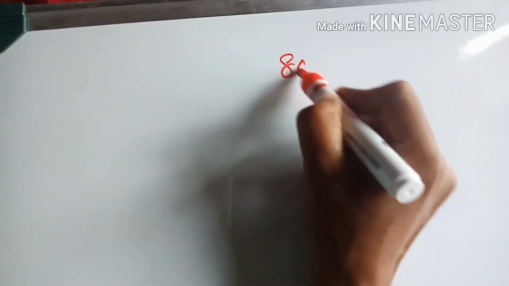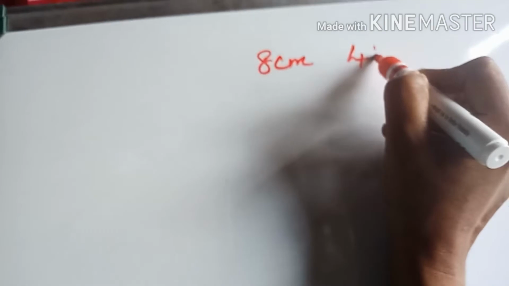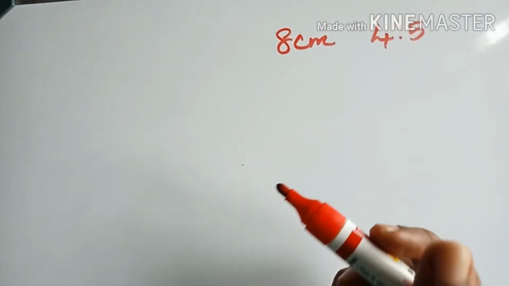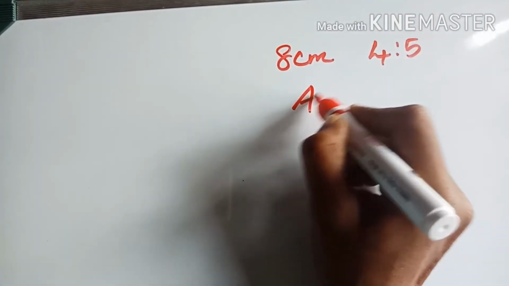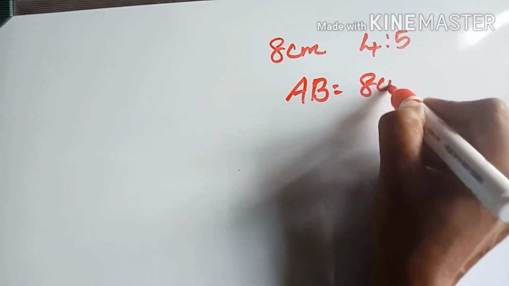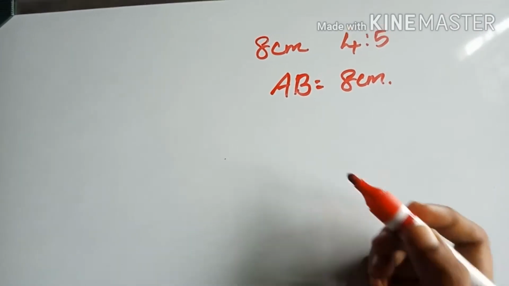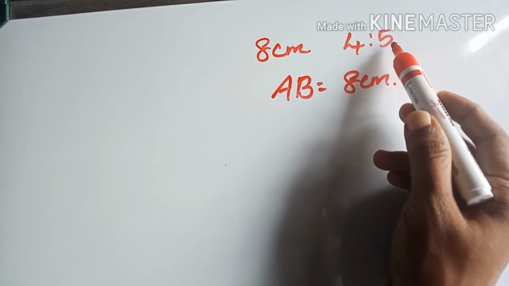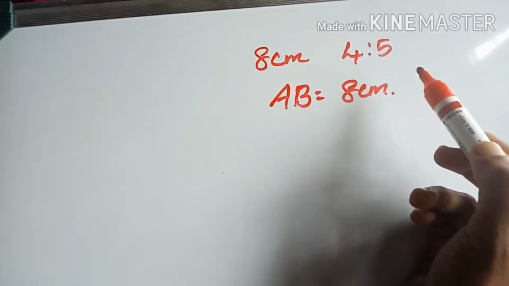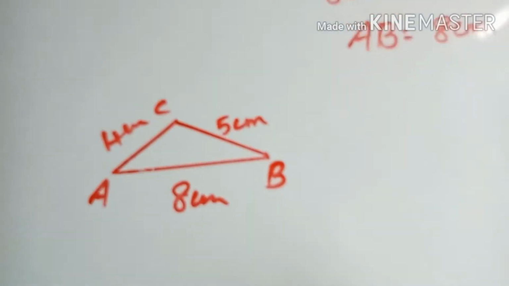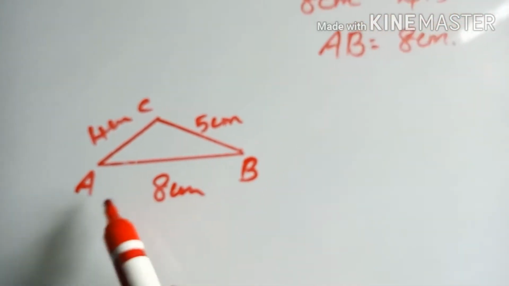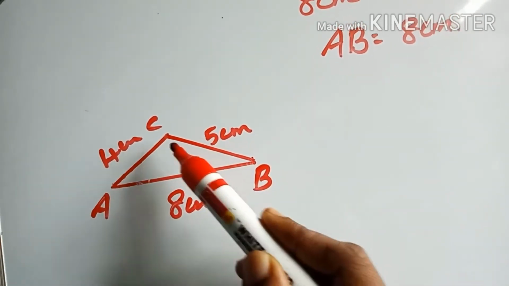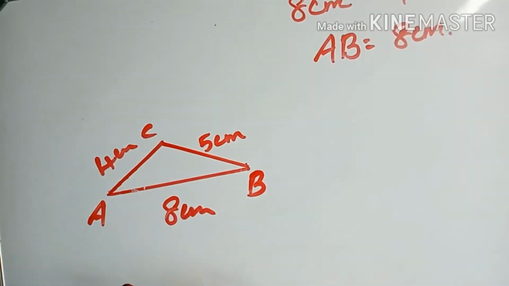We have to divide an 8 cm long line in the ratio 4:5 using the method we explained in the first sub question. So for that, first of all draw a line AB of 8 cm. Then from the point A and from the point B, measure 4 cm and 5 cm in order to get a triangle. Let's draw that first. So first draw like this, 8 cm AB. Now from point A measure 4 cm, then from point B measure 5 cm. So we will get one triangle like this.